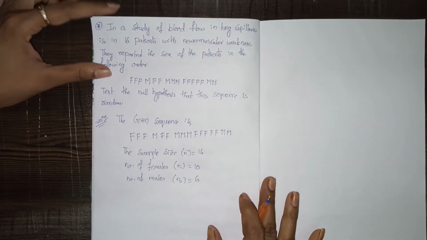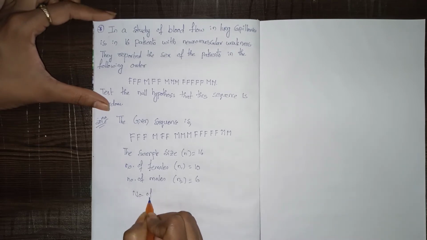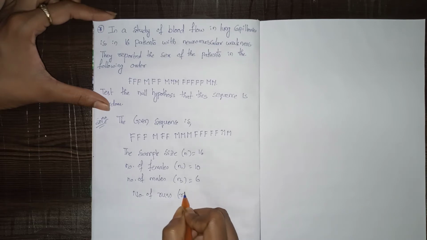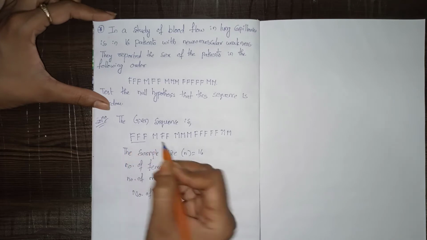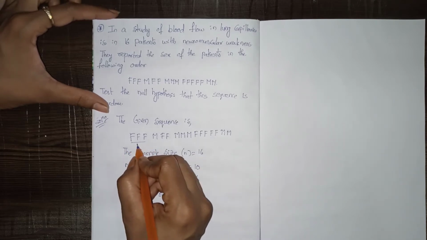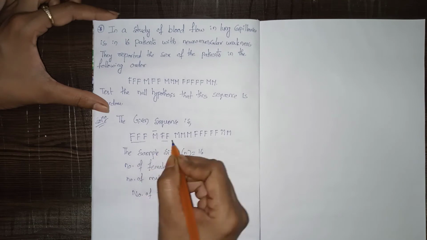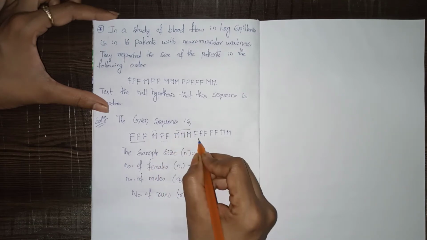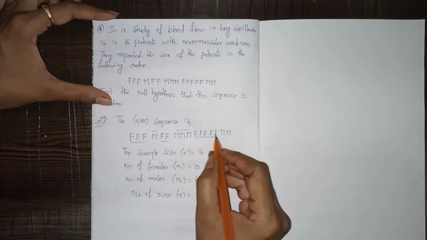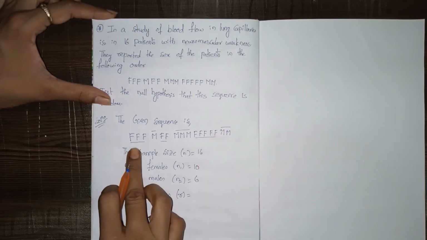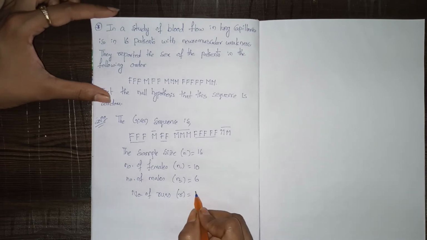Now we will see the total number of runs. The number of runs is denoted with R, that equals, see here, this 3 belongs to one set of letters. So this is the first run, this is the second run, this is the third run, and these 3 belong to the fourth run. Again these 5 belong to the same run, because it is the same set of letters, and this is one more. So we count how many runs: 1 2 3 4 5 6. So the total runs are 6.